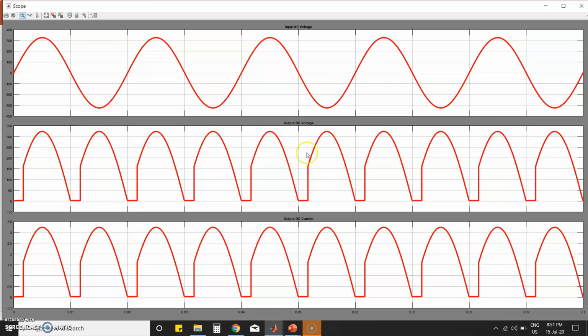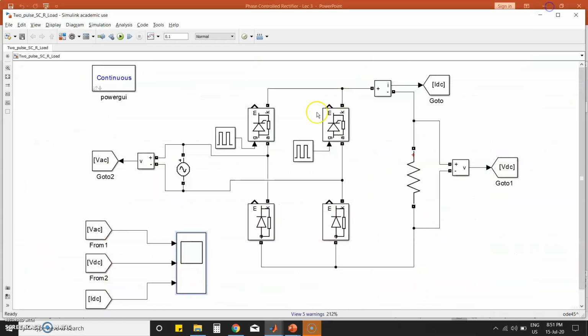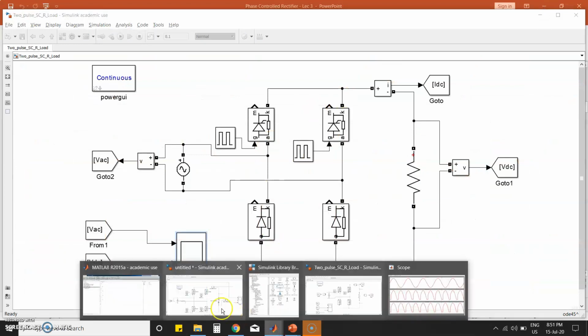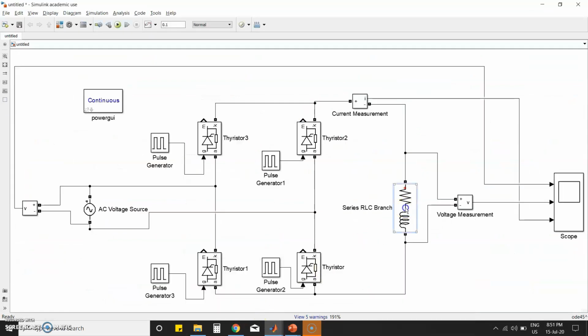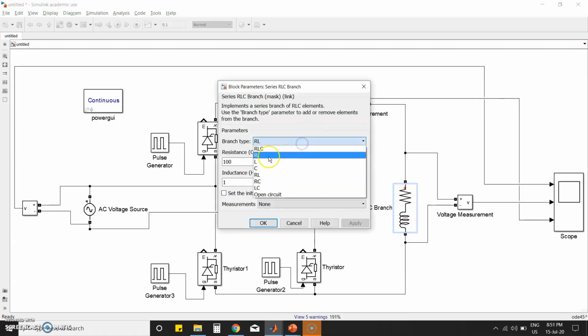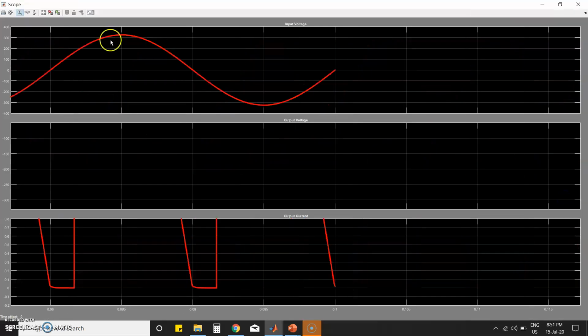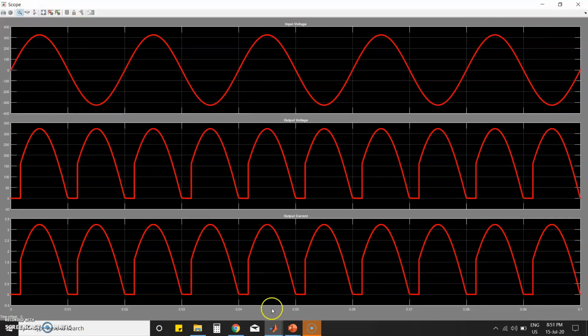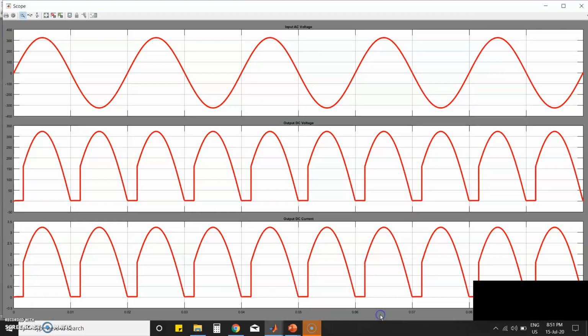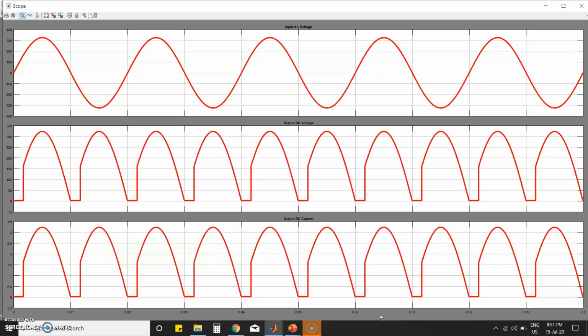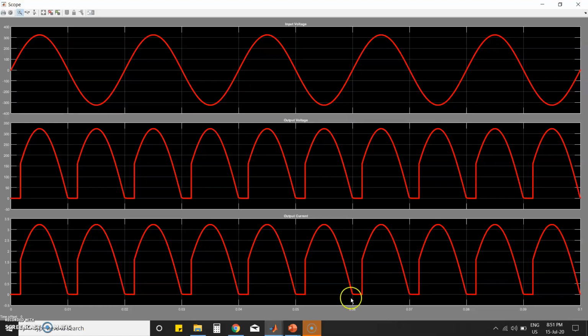It is similar to your full control converter, because if I run the full control converter with R load, let us assume the load as R load and I am running the same. So we'll see the output here. If you compare both outputs, this one and this one, both are the same.